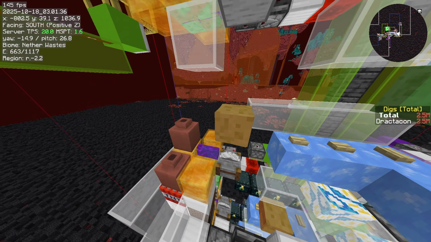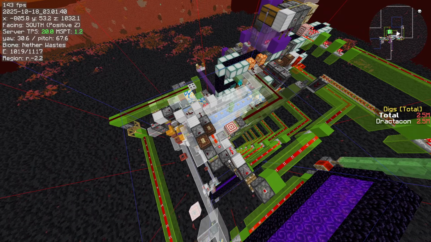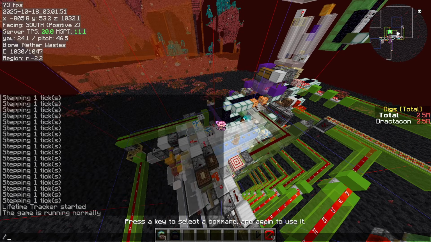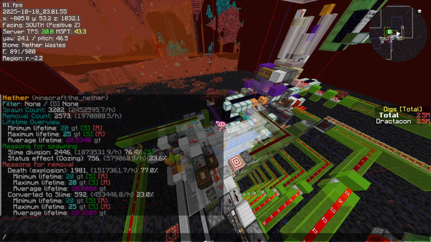But there's also something interesting, and this detail is only relevant for version 1.21.4 and above. So first of all, I will show the issue real quick. Let's start. If I do the lifetime command now, the slimes, I will see that they die by the explosion. But the explosion is not looting,